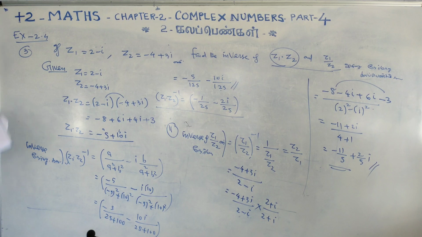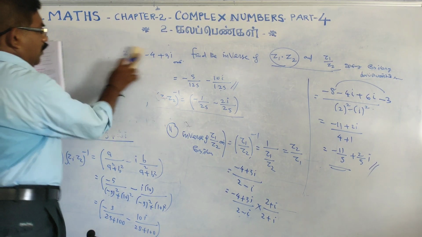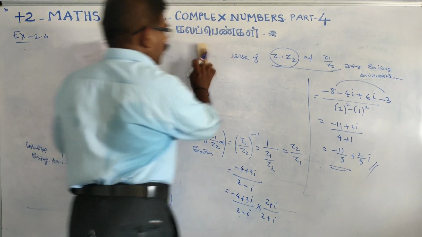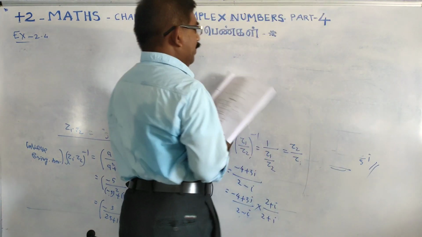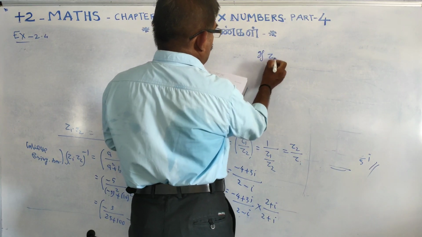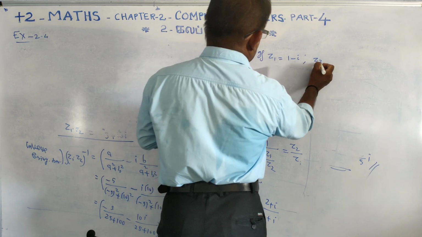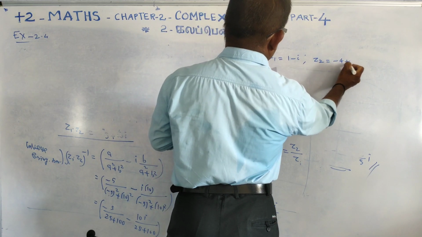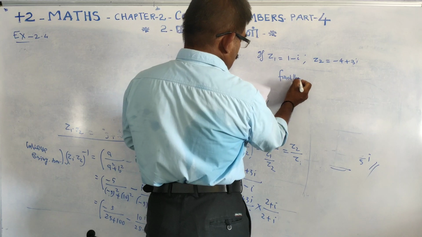I am giving one more homework, just like this method. Homework you do at home. At the same time, if z1 equals 1 minus i and z2 equals minus 4 plus 3i, find the